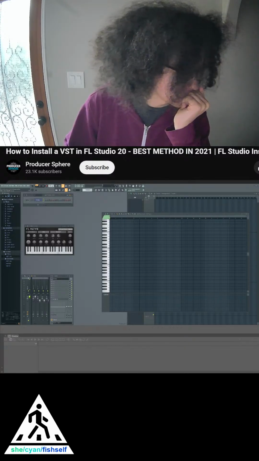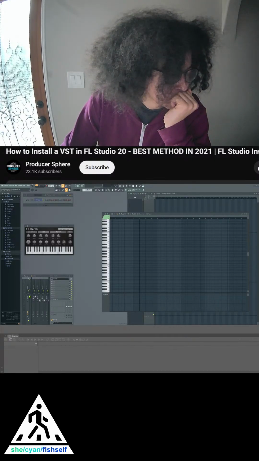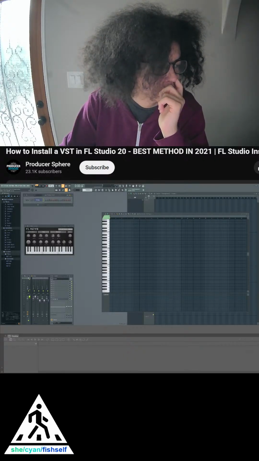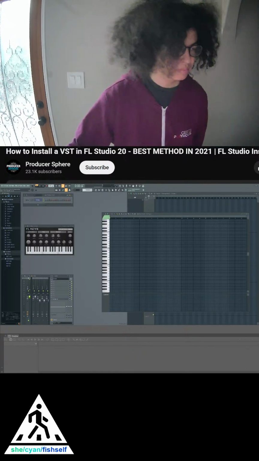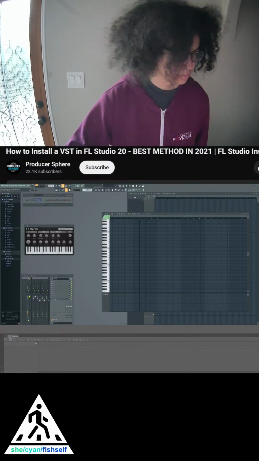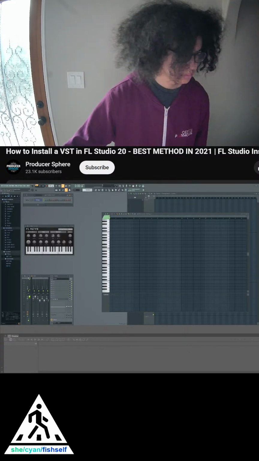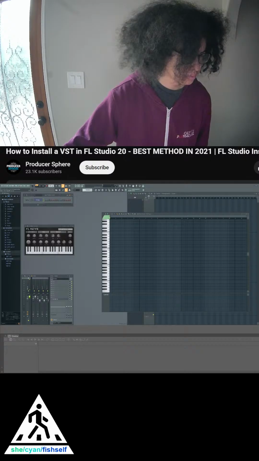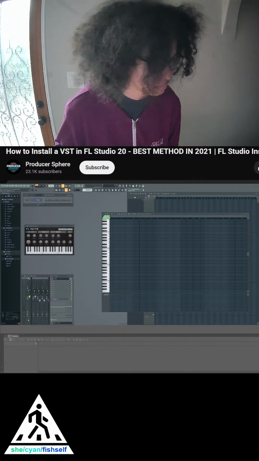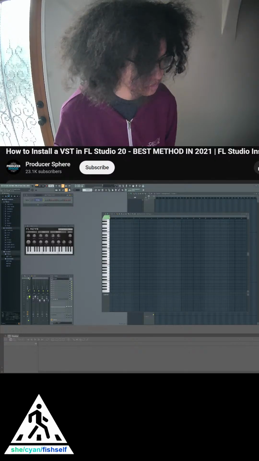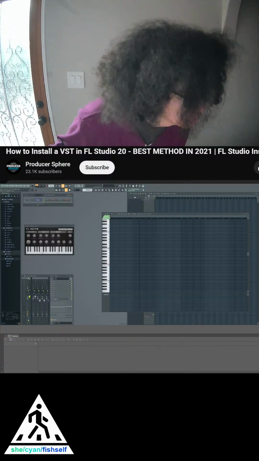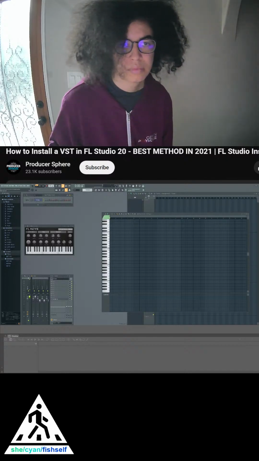If you've installed your plugins in a custom folder on your computer, you'll need to add that folder to this list so FL Studio knows it needs to search there as well. So we can do this by just clicking this plus symbol up here and select the folder that you've saved the plugin in. Now if we click Find Plugins again, FL Studio will now search there as well. So now we can just go to Add, and here is our new plugin. However, this method